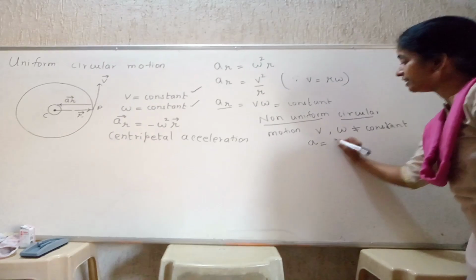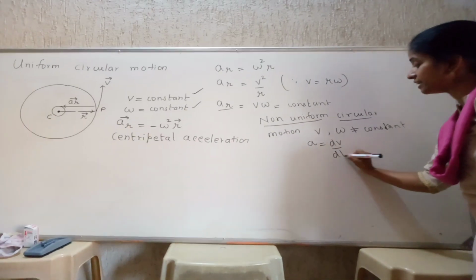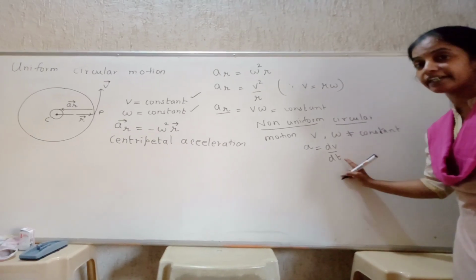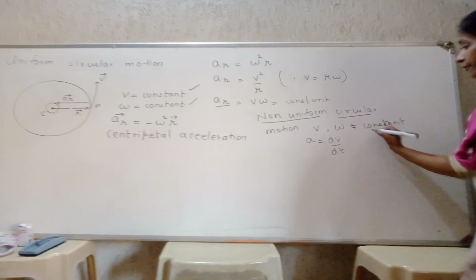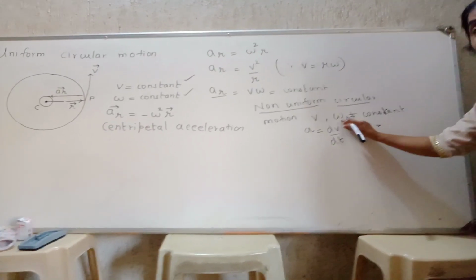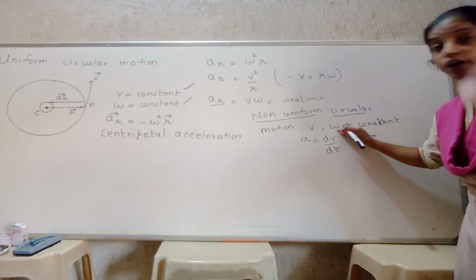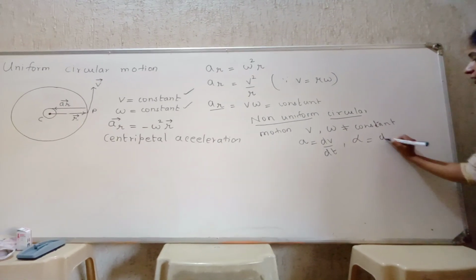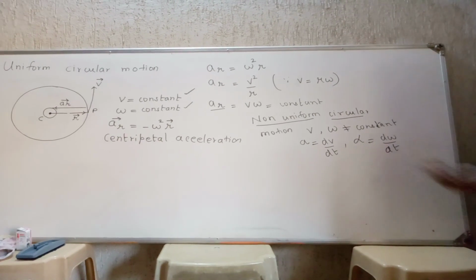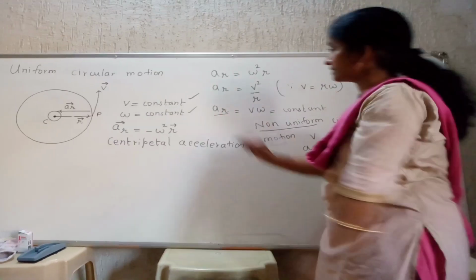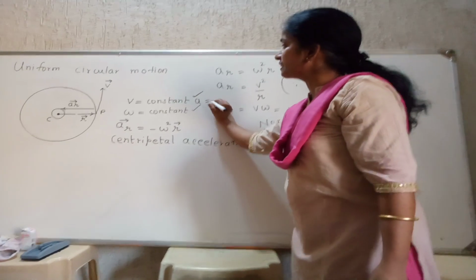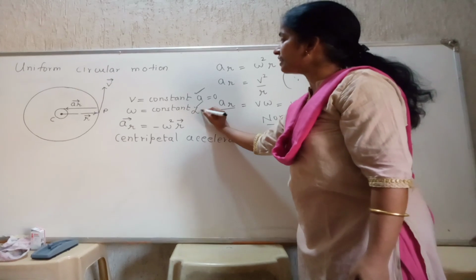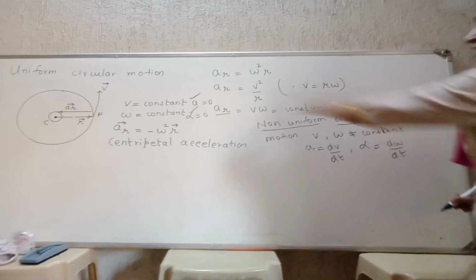Acceleration, which is the change in the speed, normal acceleration, which you learn in your lower classes, comes into play. Angular velocity, as omega is not constant, means it is either increasing or decreasing. Therefore, angular acceleration comes into play, which is d omega by dt. Here what happens? If V is constant, acceleration is 0. If omega is constant, angular acceleration is 0. See the distinguishing factors now.